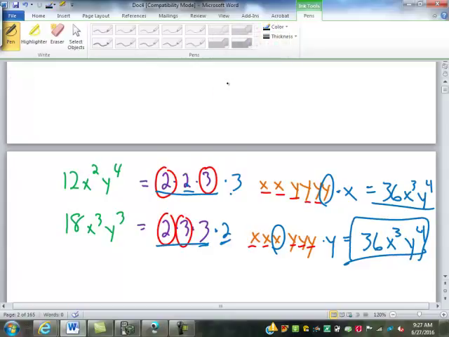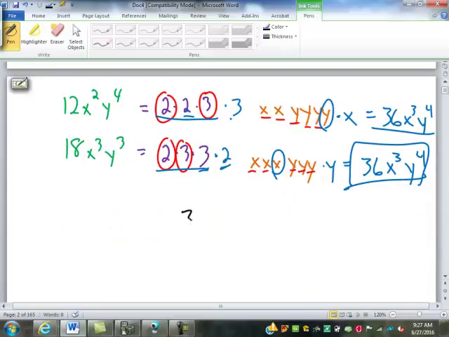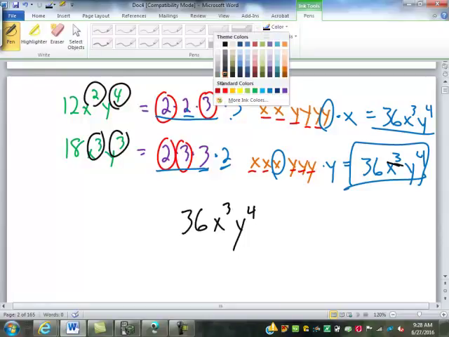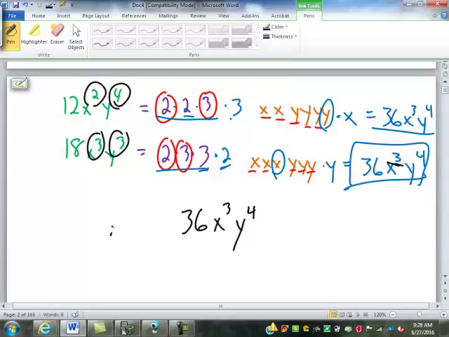You'll notice there's a shortcut. Once I get that the number is 36, I have variables x and y. I look up here, I have a power of 2 and a power of 3. Which one ended up in my least common multiple? The bigger one. Same for the y. I have a power of 4 and a power of 3. Which one ended up in my least common multiple? The 4, the bigger one. So if I am trying to find the least common multiple,